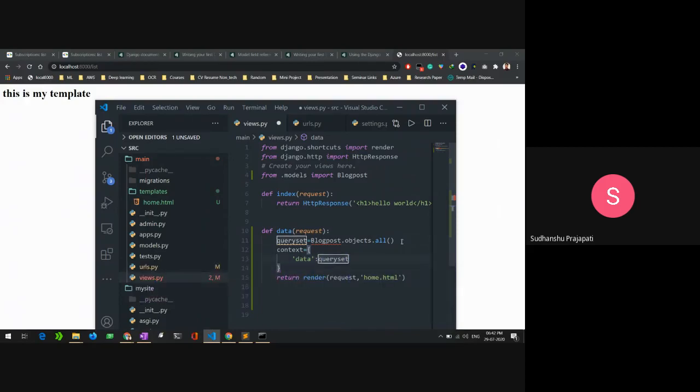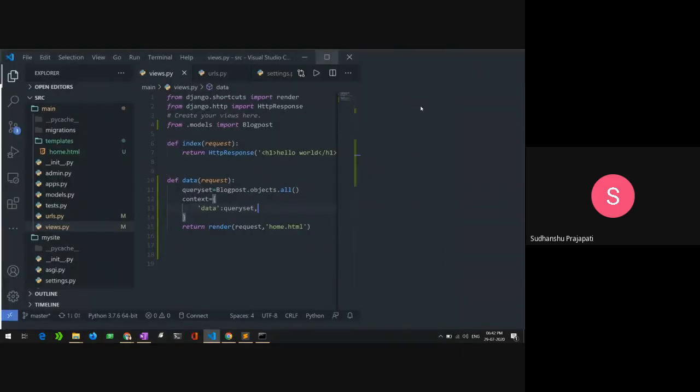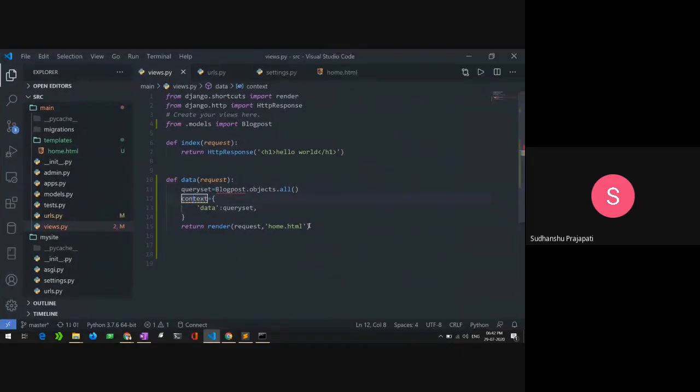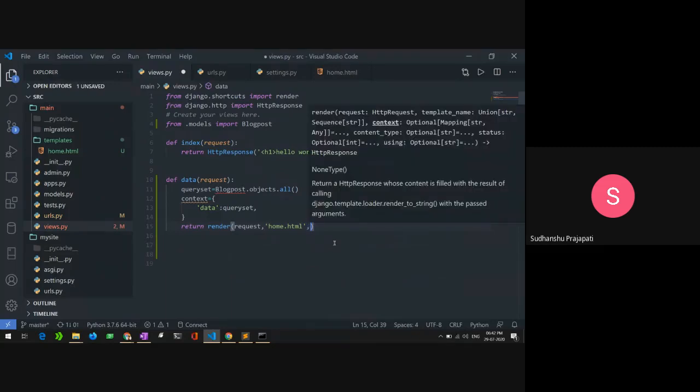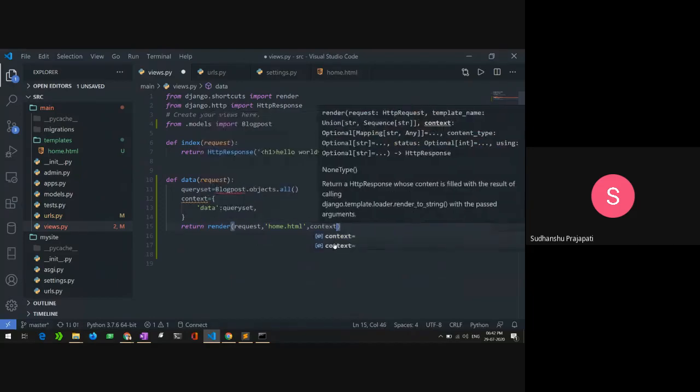So I have passed my query set to the name data inside the context dictionary, and I will pass my dictionary to that template. So I need to give the context here.